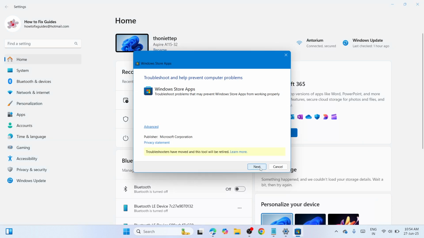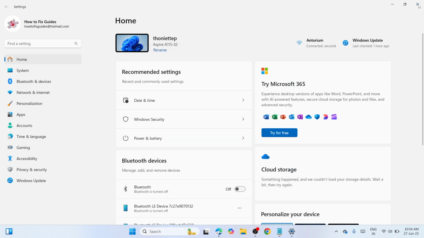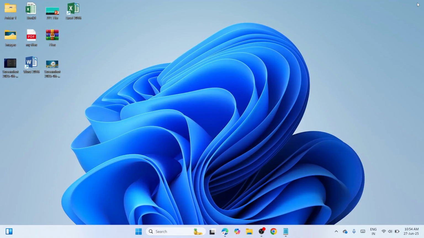Click on next. Wait until this would be done. And once you are done with this, I want you to restart the PC. And once you have restarted it, check if the error has been resolved. Okay? But if not, then let's move on to the next solution, and that is to repair and reset the